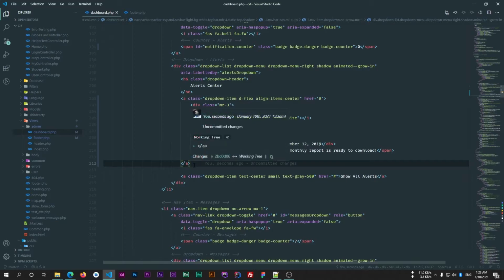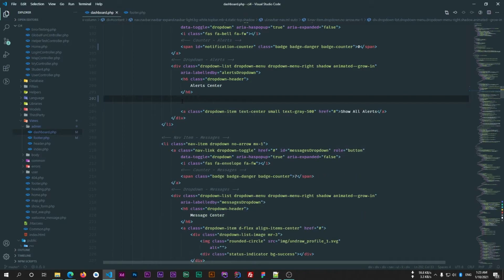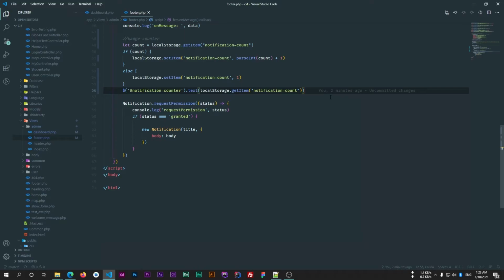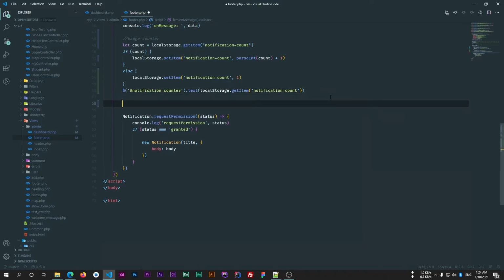So we'll remove all the notifications from here, and I'll create a new div here, and I'll pass ID as notification container. Now we will append our notification in this div using this ID. So just go to our JavaScript code, and here just after increasing the count, we will append our HTML in that div. So I can use notification container